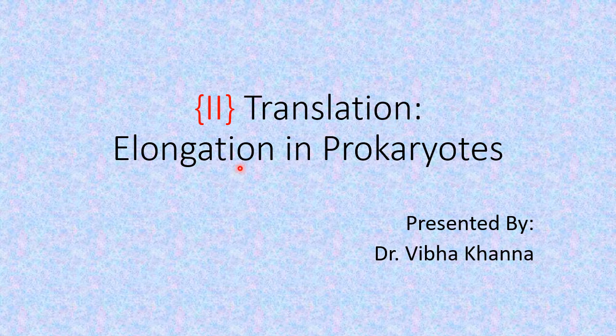In this second video of ours dealing with translation, the second step of translation, that is elongation of the amino acid chain in prokaryotes. During the initiation phase, the 70S initiation complex was formed, and in the 70S initiation complex, we had the